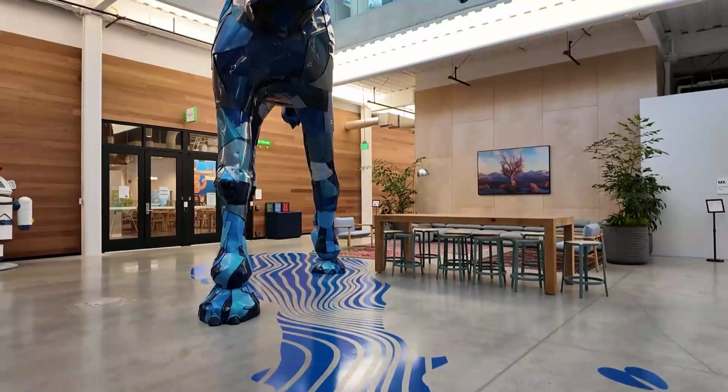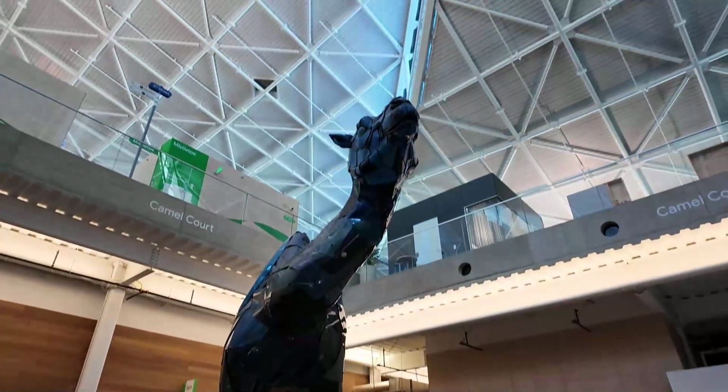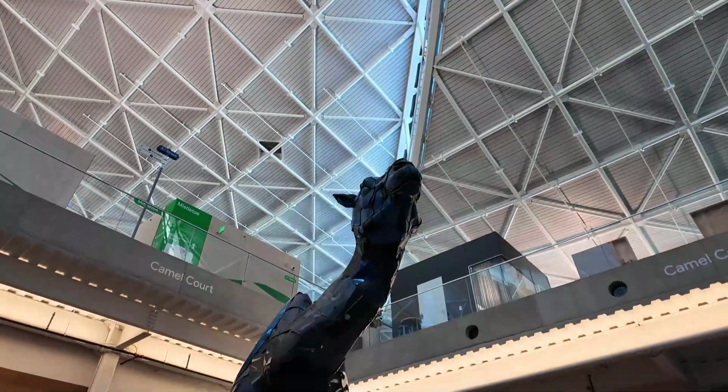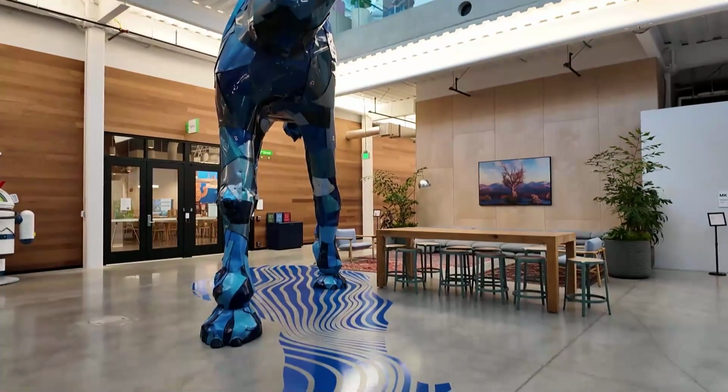Google has set a goal to operate on 24/7 carbon-free energy by 2030, and the Bayview campus can be seen as a place where they're actively experimenting with all sorts of advanced technologies to bring that ambitious goal to fruition. So it seems they weren't just thinking of it as a simple office, but also about a sustainable future and